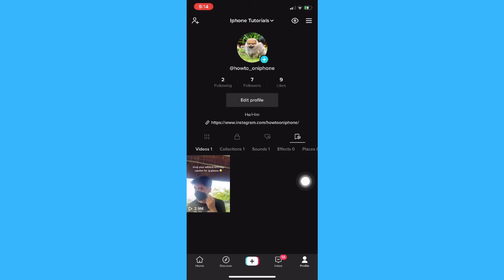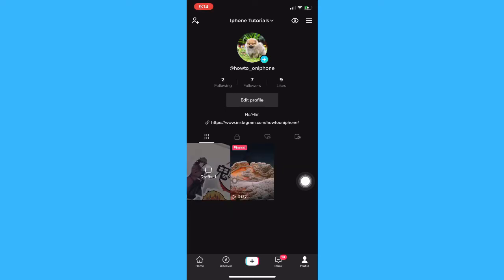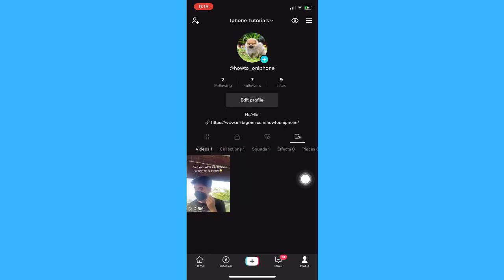So again, just to recap, if you are using the newer version of TikTok, you may be able to see the favorites button right here on the same side of your feed, your private videos, and then your likes. But if you are using the older ones, you may be able to see it here on the rightmost part of edit profile. So once you click on your favorites